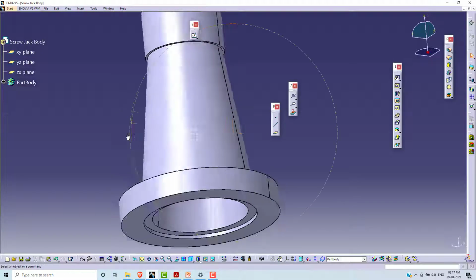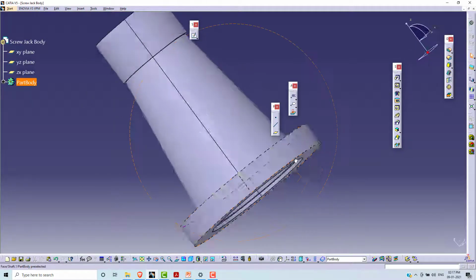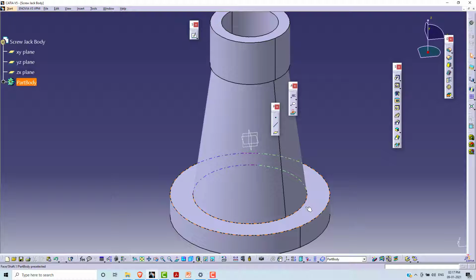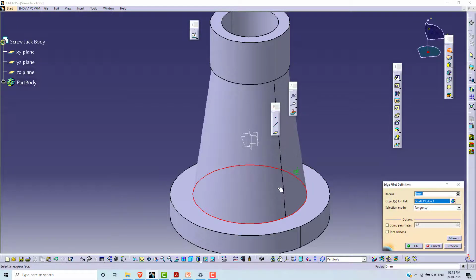That is, we are going to give a round fillet to this edge. Select this edge, go to the edge fillet, and give the radius by which we want the edge fillet.